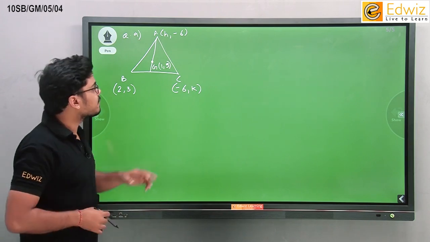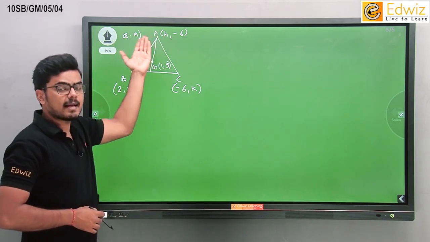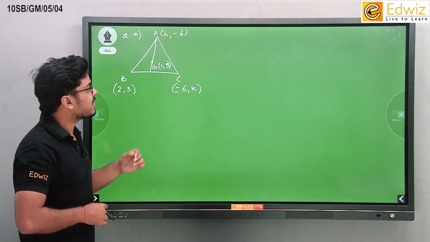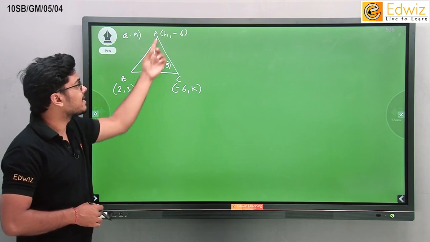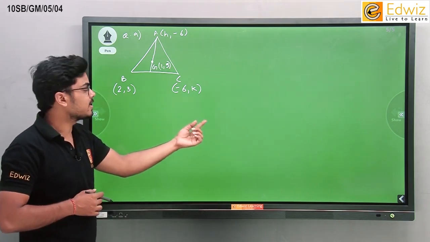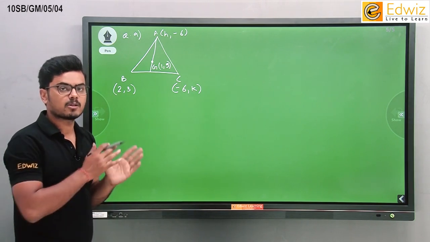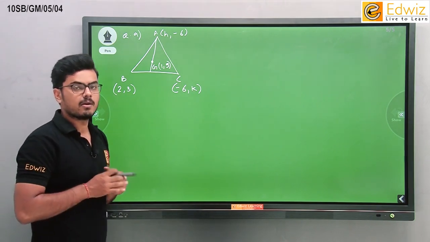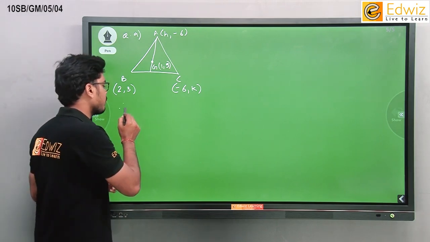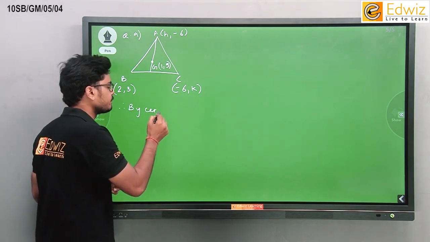Now if you observe, h is an x coordinate and k is a y coordinate. So if I only use the x formula, I will get h, and then after I use the formula for the y coordinate of the centroid, I'll get the value of k. So it is very similar to the previous question. Once again, all we have to do is use the centroid formula. So therefore, by centroid formula,